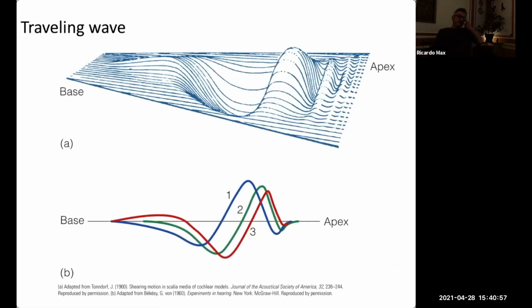Okay, so this is our basilar membrane unfolded. Vibrations are, as I just said, transmitted from the stapes through the oval window that is just above the base of the membrane. Now the basilar membrane is thicker and narrower here, and thinner and wider here. And this is very important because these physical properties of this tissue allow it to vibrate differently